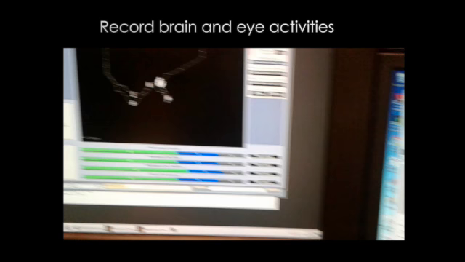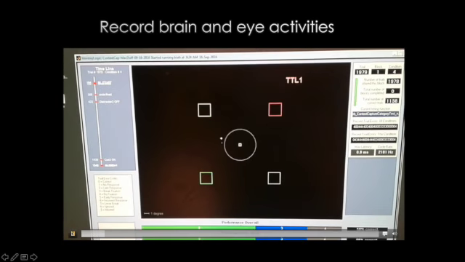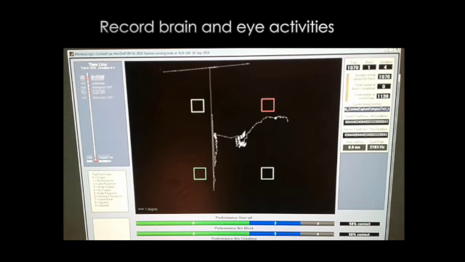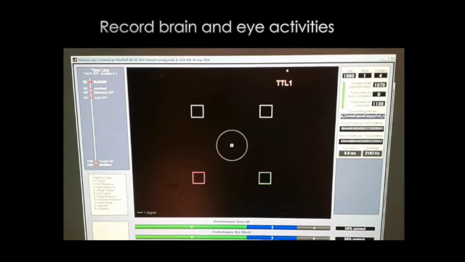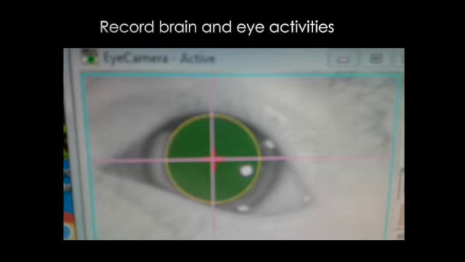So to give you an idea of what neuroscience is, let's see. Or how do you do neuroscience? What is the daily activity? This is a screen. Somebody is moving their eyes, the dot moving. So they're supposed to move to the different corners, colors. In the meantime, the sound you hear,